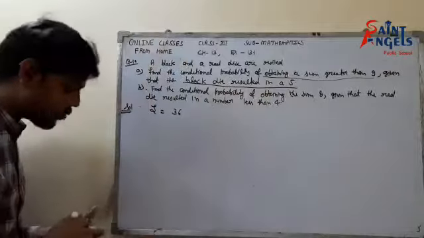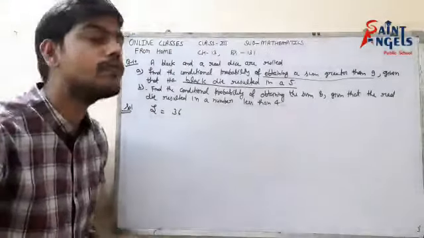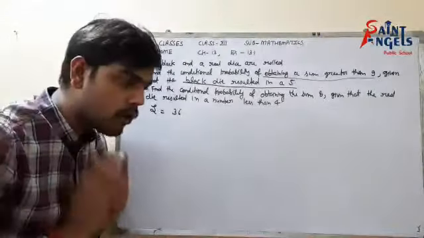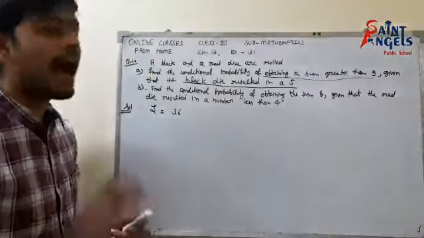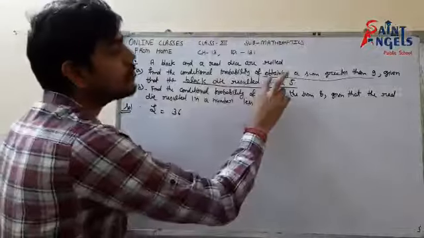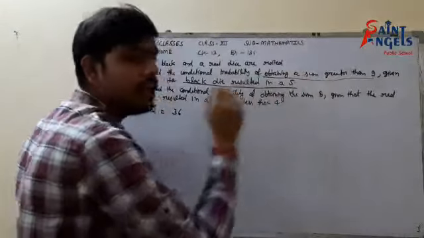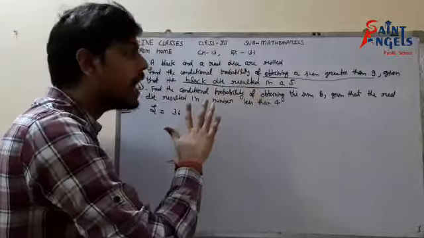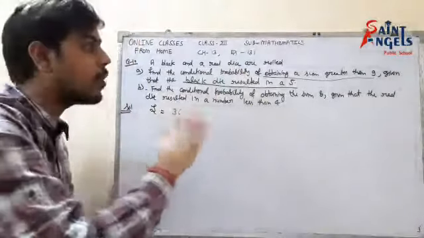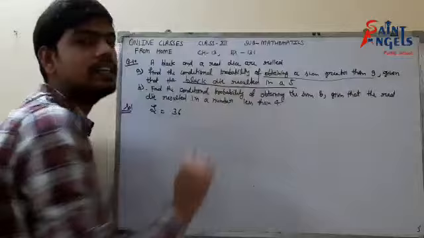Whenever we have a question in probability, the very foremost task for us is to define the events. So now I have two events. One event is obtaining a sum greater than 9, and another event is the black die resulting in a 5. And we have to find the conditional probability of this event when the other event is given.